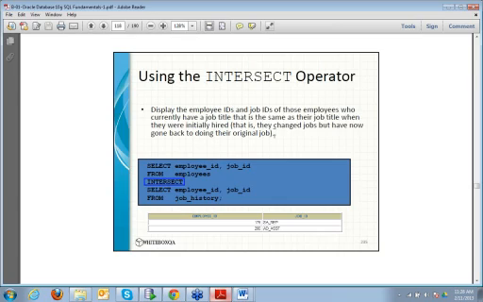Generally, it doesn't happen this way. For example, let's say I am hired in a company as an account manager, and then I change my job title to VP, and then I move back to account manager. My information will go to job history only if I changed my job IDs, right? So let us see if it is there here also.